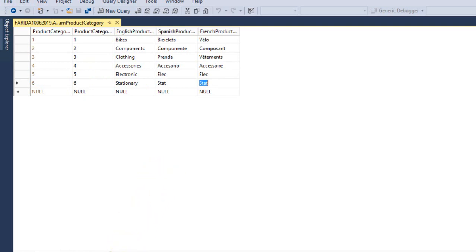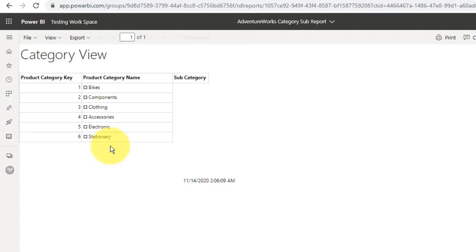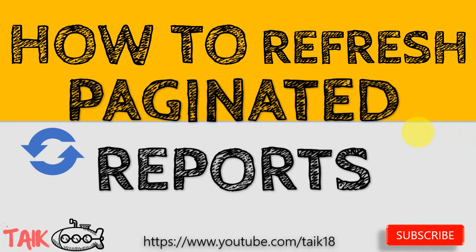Now let's go to Power BI service. There are 5 records available for now, and I'll just refresh the browser directly. See here, after refresh it returns the 6 rows. So it means no refresh schedule is required. You just have to manage the gateway, and then it will refresh the report directly from the data source whenever a user views or refreshes this report. So this is how you can refresh the paginated report by using the gateway option of this report. There is no dataset for that report. It is just one report, and inside it we have to manage the gateway to refresh the report.